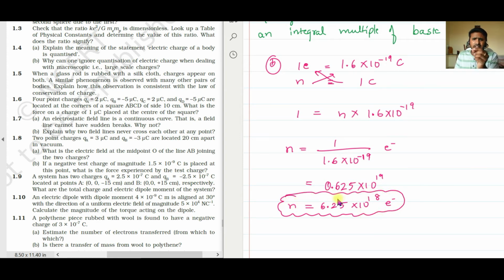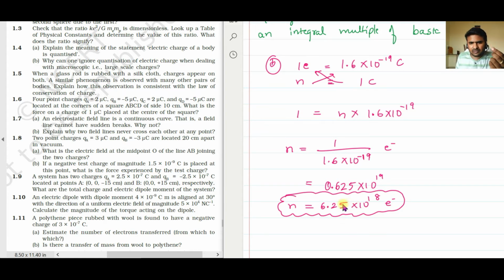Now in this, if you remove 1 or 2 electrons, it doesn't matter, because the charge of an electron is very small. So in these many electrons, if you remove 1 or 2 charges, it will be approximately equal to 1 coulomb only, right? Therefore, when we are talking about a macroscopic charge, we don't consider quantization, because the charge of an electron is very small compared to a macroscopic huge charge. So we don't have to worry about the quantization.